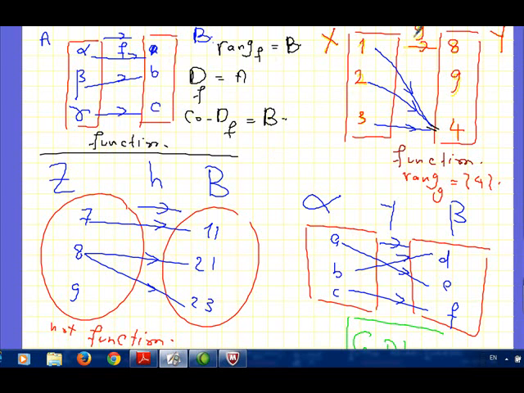By another example, let g be the function that transfers elements from x into y. The elements of x are 1, 2 and 3, the elements of y are 8, 9 and 4. The image of 1 equals 4, the image of 2 equals 4, and also the image of 3 equals 4. It is a typical example of a function because for each element in x there exists one and only one image in y. Although there are elements in the codomain which are not an image of x, it is not a problem for us. It is a function and we call it a constant function. The range will be 4.